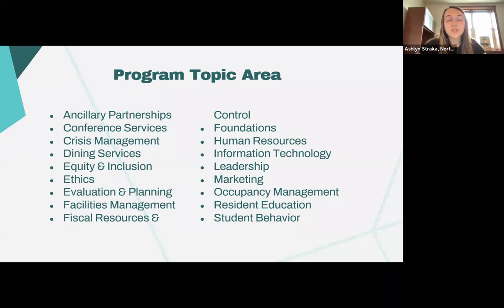All right, and so as mentioned earlier, you will need to select a primary topic area for your program based on the GLACUHO competencies and knowledge domains, which you can see listed here. I'm not going to read them all off, but this will help participants identify the professional development areas that you intend to focus on. And then additionally, the program submission guide on the GLACUHO website has more information and links to specific examples for these subtopics as well that we can share later.